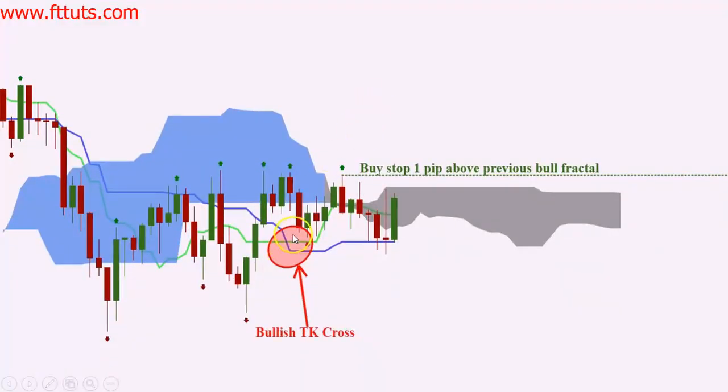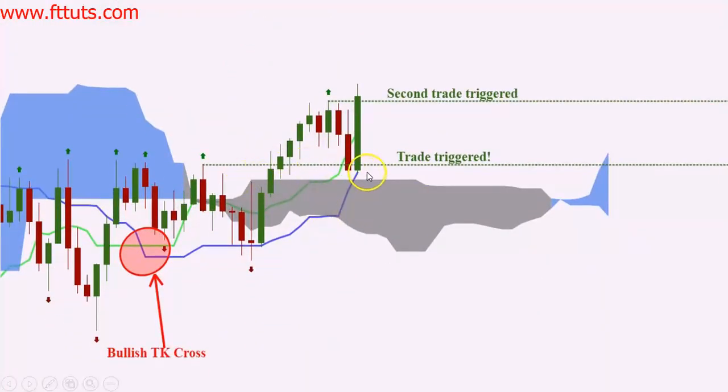All right, so basically you can see we have a bullish TK crossover, and here's the first fractal after the TK crossover. All right, so after the bullish crossover, this is the first entry we can take. All right, and it doesn't matter about this ranging. We're going to take the first bull fractal after the bull crossover. If we put our buy stop 1 pip above this previous bull fractal,